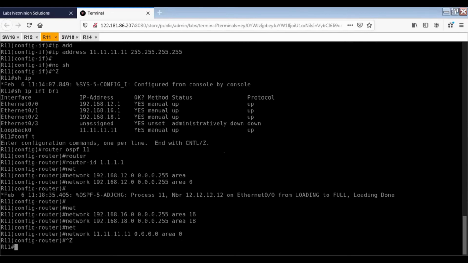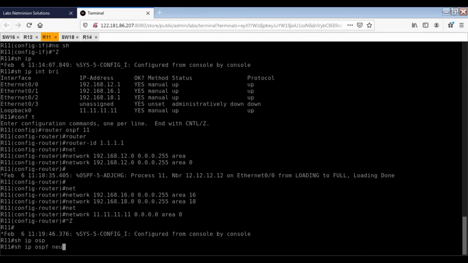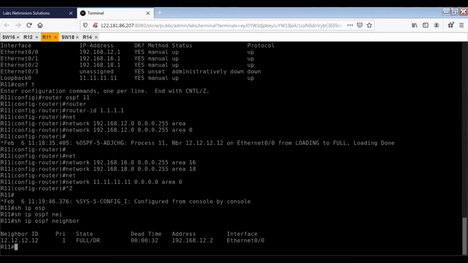So right now we have the neighborship between 11 and 12. Show ip ospf neighbor, just to check the neighborship table. You can see FULL/DR because this is area 0 and it is a broadcast network.